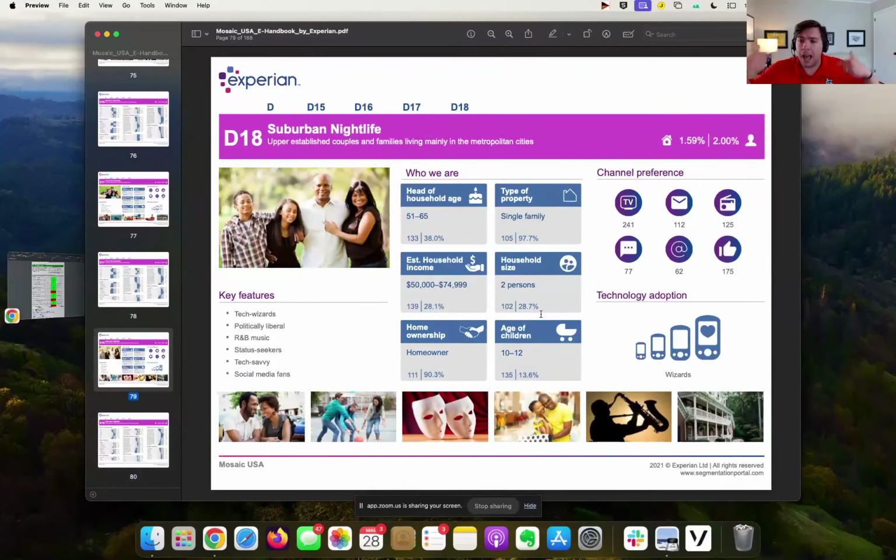So these are the people that we're actually going to target. Bring your kids to our Vacation Bible School. How are we going to communicate with them? These folks don't communicate through email, and they don't prefer text message. What they do prefer is television. That may be out of your budget for a commercial. It may not be in your church's mission or vision to do a commercial. However, social media, we got a 175 index score. So these folks are more likely to respond through some sort of social ad or promotion from your church. And then, of course, we have snail mail over here as well.